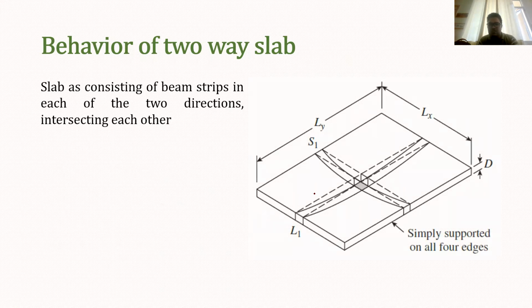So basically, as I said, in two-way slab design, both the spans are under bending. Therefore, we can consider a unit strip along the shorter span and along the longer span as well. So along both spans we can consider a unit strip, and we can simply design this unit strip as we design in case of a beam.